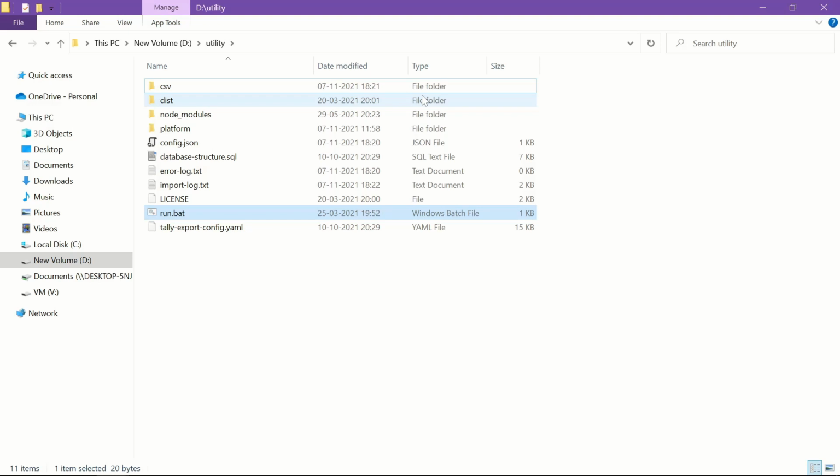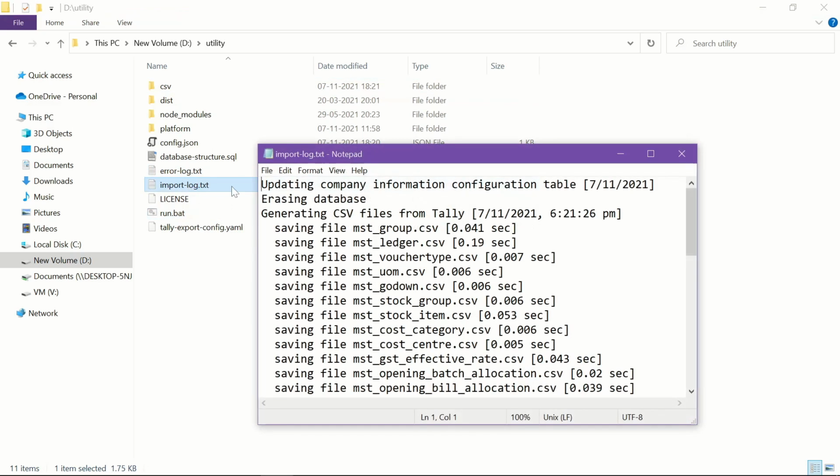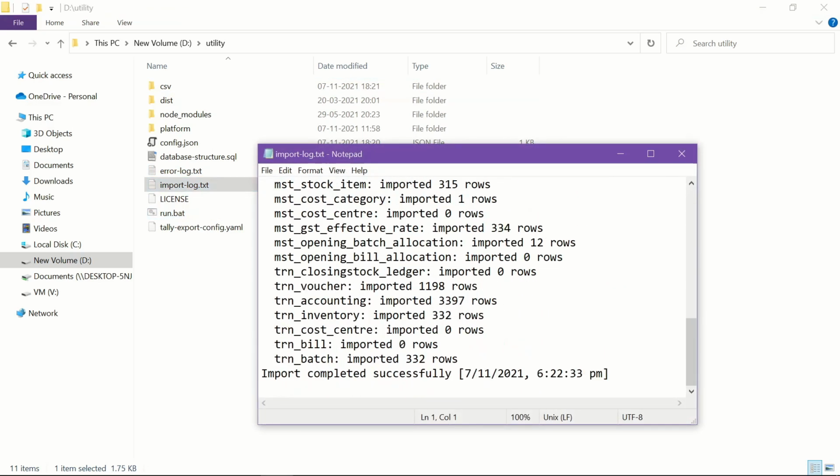Okay, so after the import is over, that console window will automatically close down, and then we can check if errors are there. No error dot txt is 0 KB, that means no errors. And let us check import.log. Yes, so you can see many rows imported. So our import is successful.